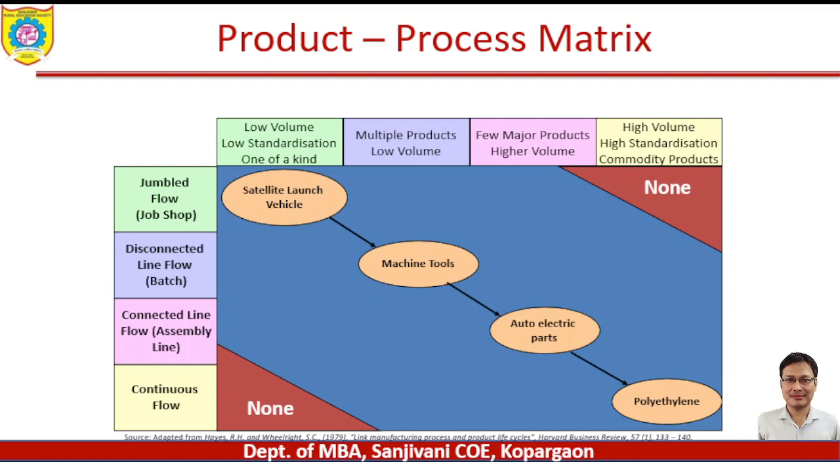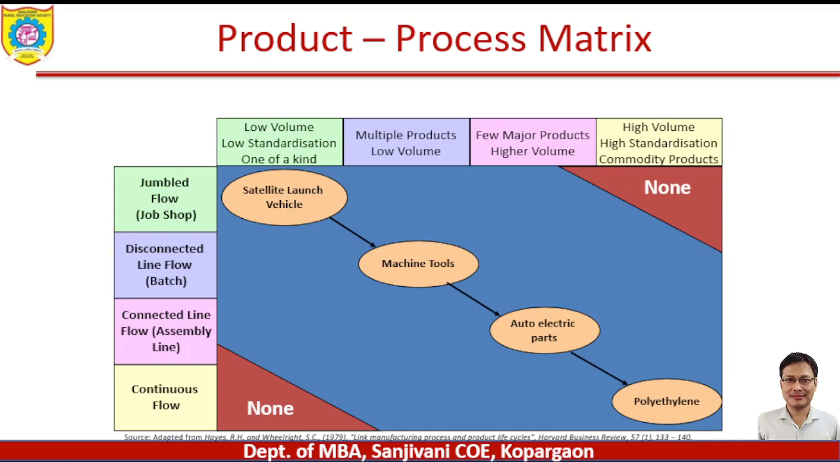So the most appropriate kind of operation process will be batch production, and it is also known as disconnected line flow, which means not continuous line flow. The third type of products we can discuss,